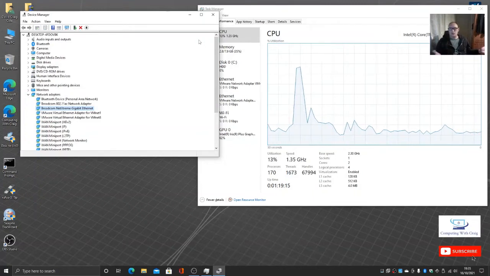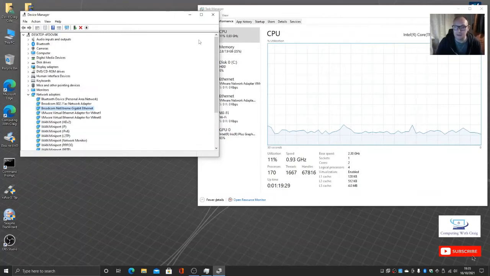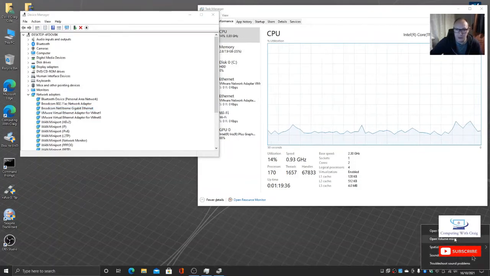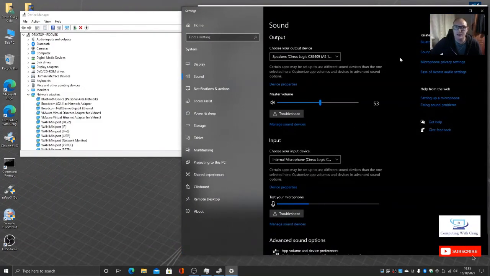some sound drivers use enhanced features to improve the quality of your sound. Sometimes these enhancements are incompatible with your hardware and can cause problems. So to disable them, we right click the speaker icon in the taskbar and open up sound settings. On the right hand side, we have what we call our sound control panel. So we click on that